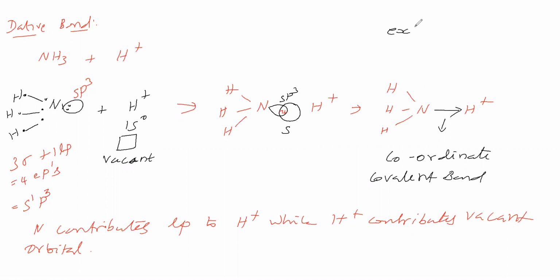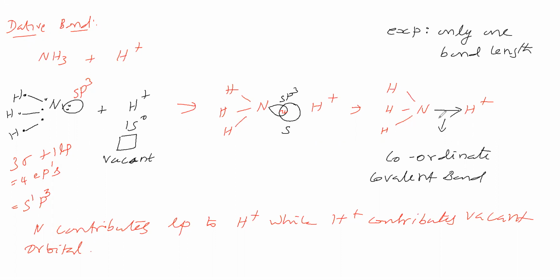Experimental evidence says that this species has only one bond length. Only one bond length in the sense all the 4 bonds have the same nature. That's why only one bond length is there, isn't it? So all the 4 bonds have the same nature. So in order to represent this bond also like this one, what we have to do, that we'll see.